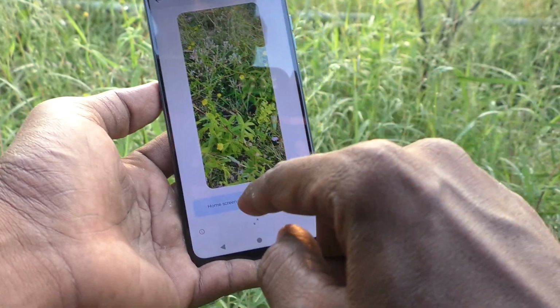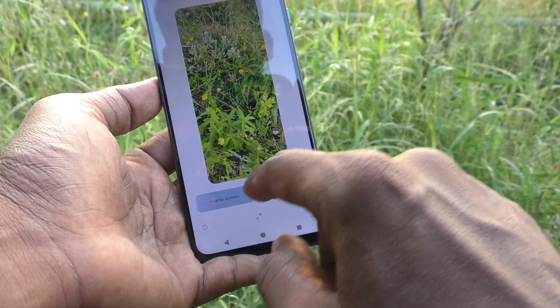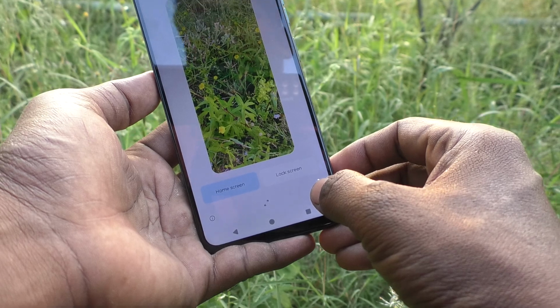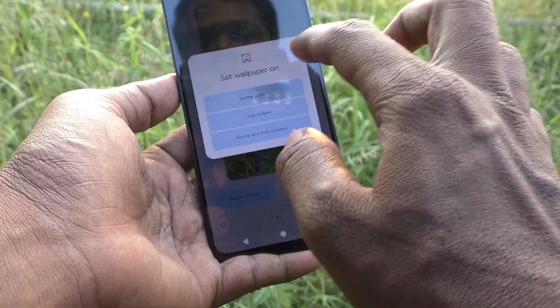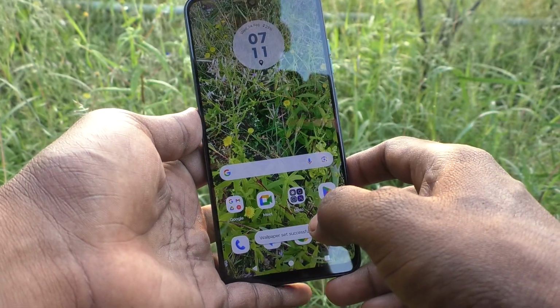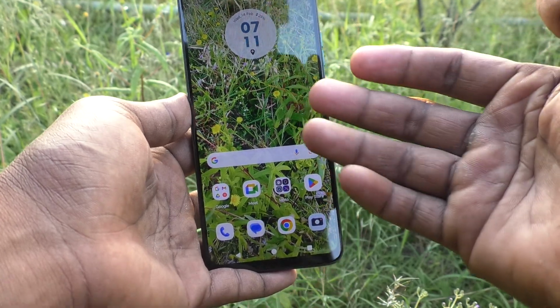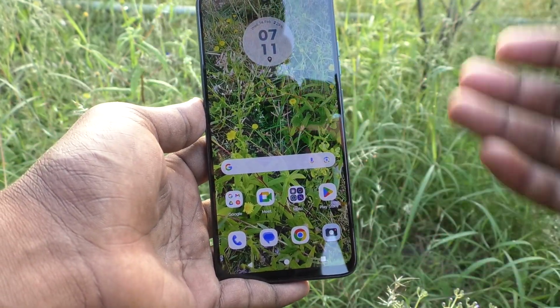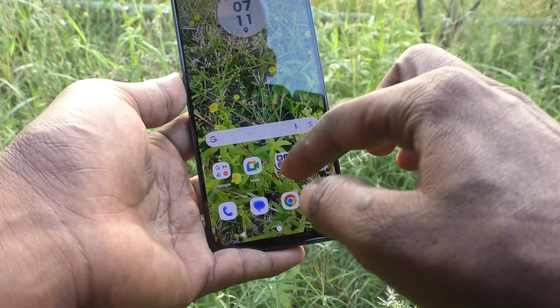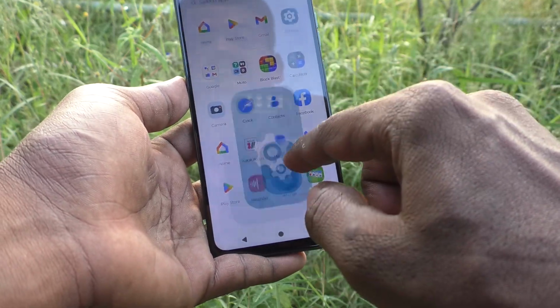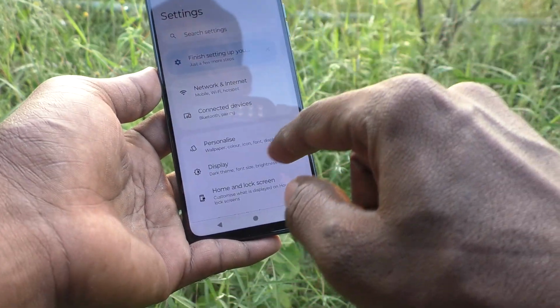See here, keep on home screen and click on this tick mark and click on home screen. So the selected photo will be applied as a wallpaper. See the changes. If you want to change back to default wallpaper, again go to the settings, then personalize,